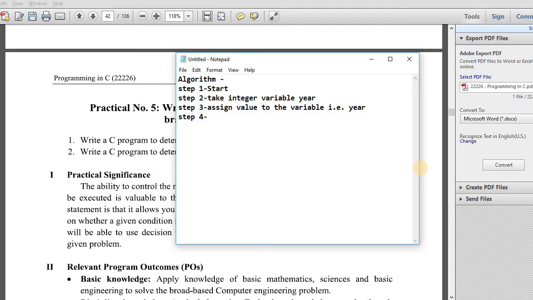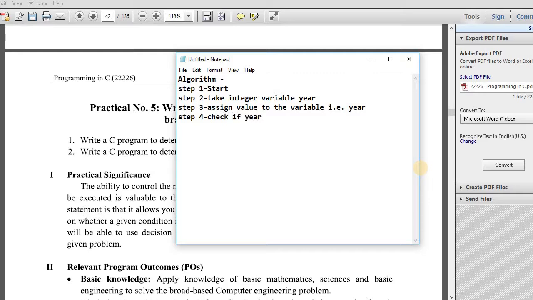But we have to consider another condition, that if that year is divisible by 100 then this is not a leap year. So we have to check here two conditions, that this particular year must be divisible by 4 but not divisible by 100. So here check